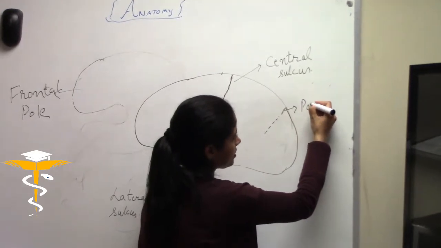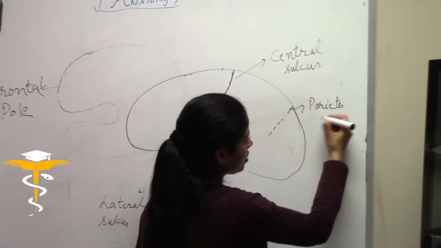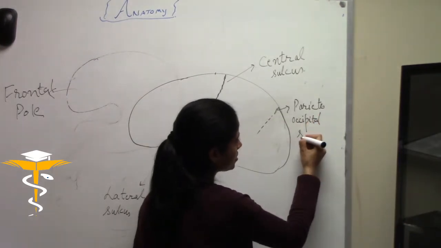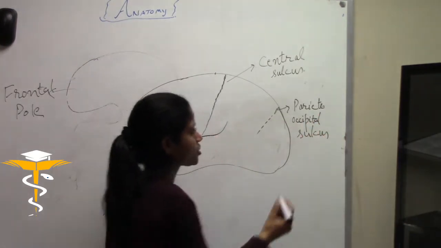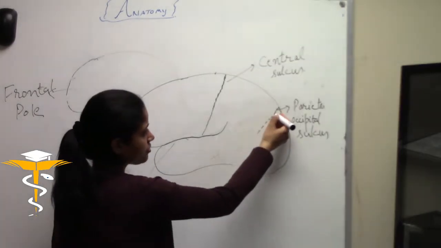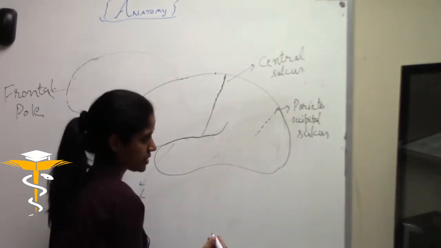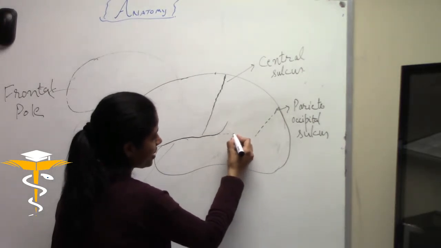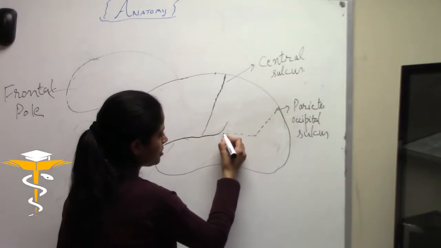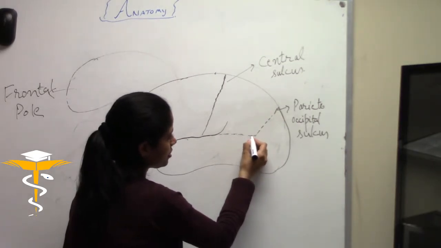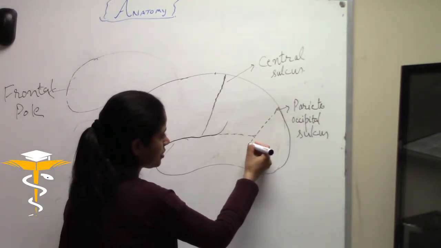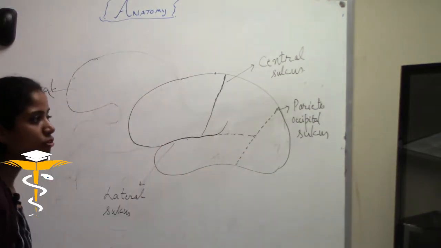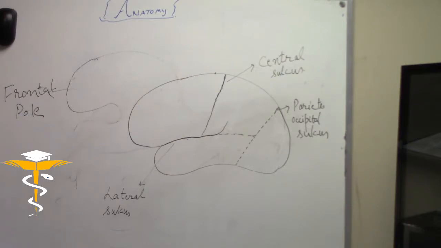This is the parieto-occipital sulcus. So an imaginary line running downwards and forwards from the parieto-occipital sulcus, and another imaginary line running backwards from the lateral sulcus, lead to the formation of 4 lobes of the cerebrum, and they are named as